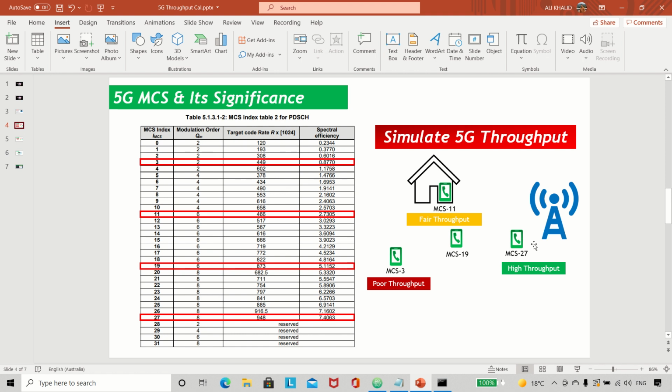But in reality, we cannot get this throughput all the time. For instance, if you look at this user which is near the cell, he gets MCS 27, which is this one, so he gets the peak throughput. But a user which is a bit far away in medium radio conditions will get a lower MCS, for instance MCS 19. For this one you can see the spectral efficiency is 5.11, which is lower than 7.4,